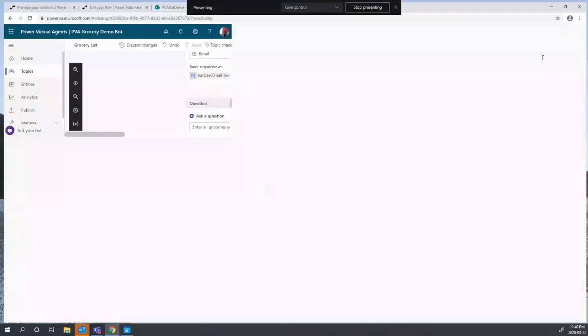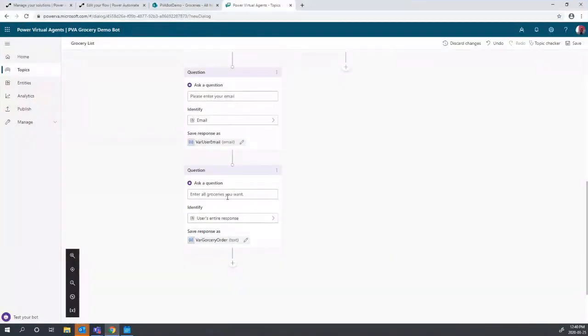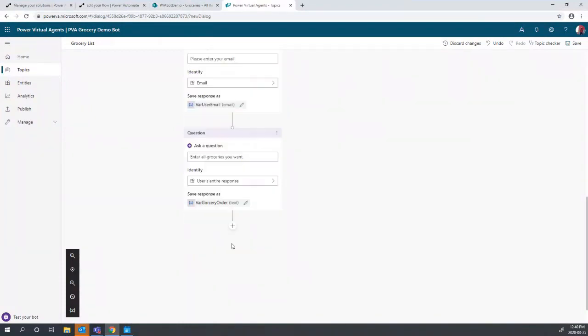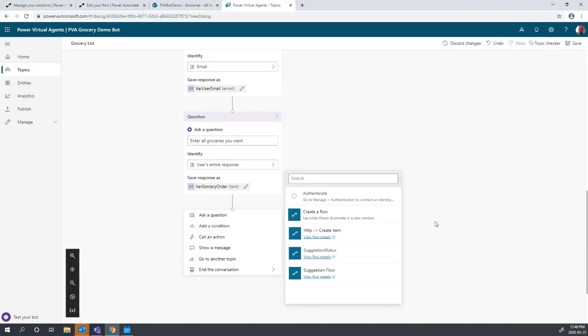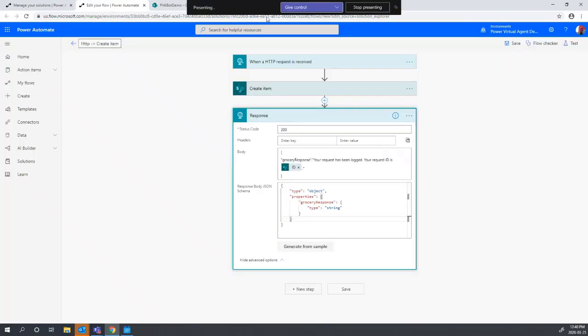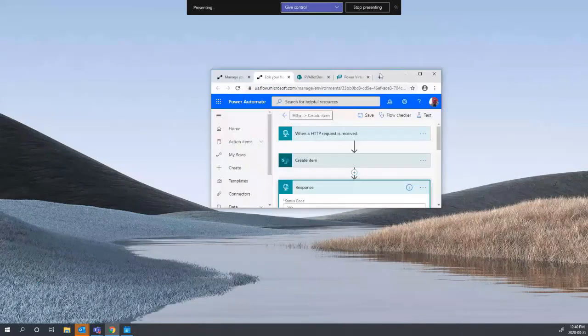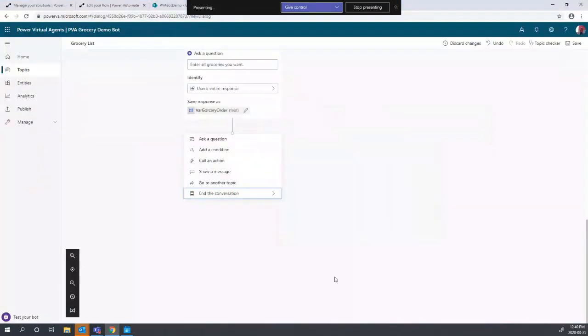So now to go back to my bot, where we left off was here where I said, enter all the groceries you want. Now I'm going to go down and hopefully the flow I just made will be visible in here under call an action. And actually, I imagine I never actually named my flow, so I imagine that's it, create item. I'm not going to name it at this point, so I'm going to stick with create item, and hopefully it will work nicely. So call my action,